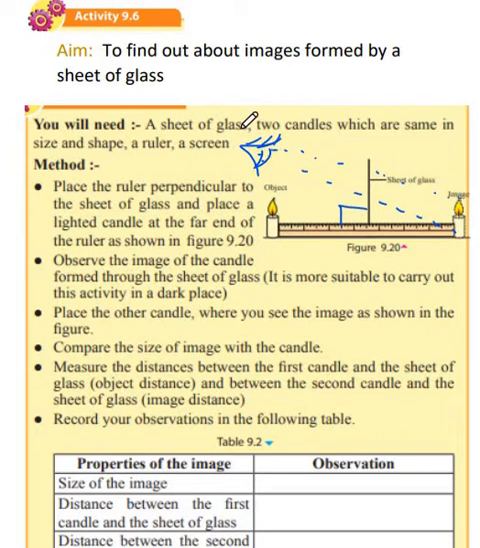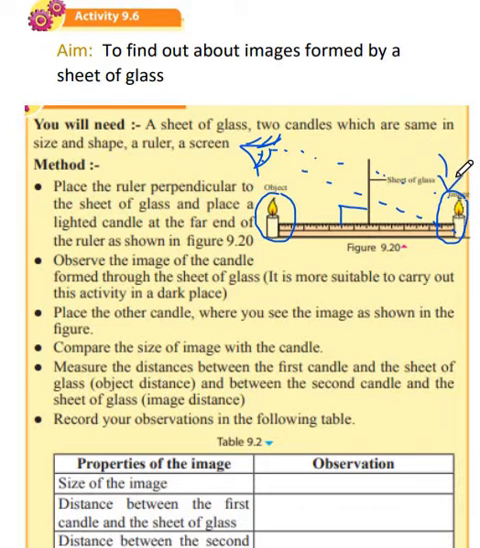So then we took 2 candles. The first candle we keep over here, which we'll be using as the object. Okay guys, before we do this practical, as I said, place the ruler on a table, fix the glass sheet perpendicular, place the object, the first candle, here. You observe the image, and then you take the second candle and place it over here. You place the second candle where you see the image. Okay guys, now this is the place where you should see the image, and you place that extra candle